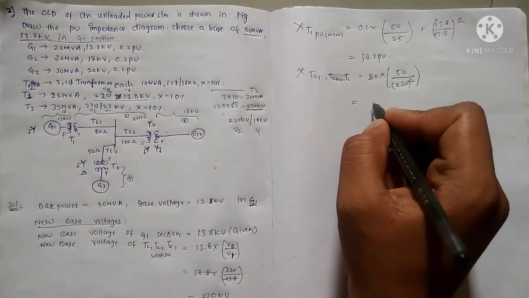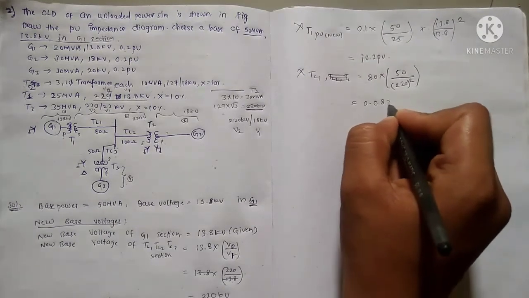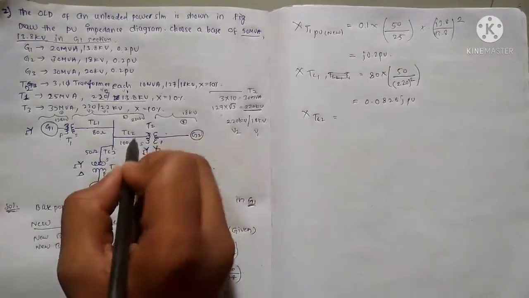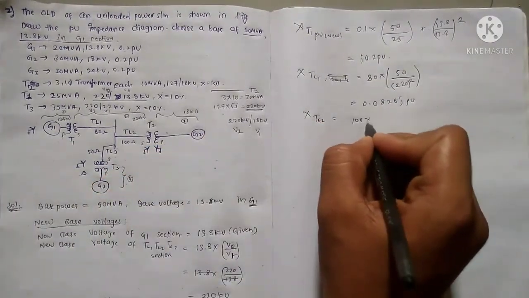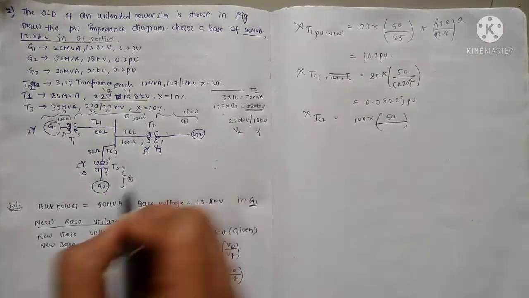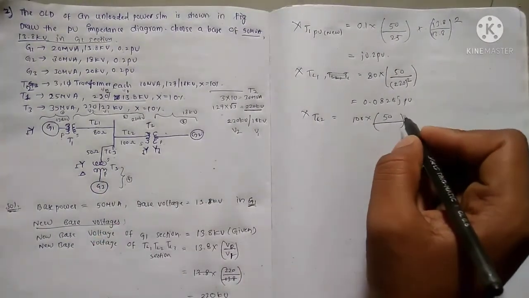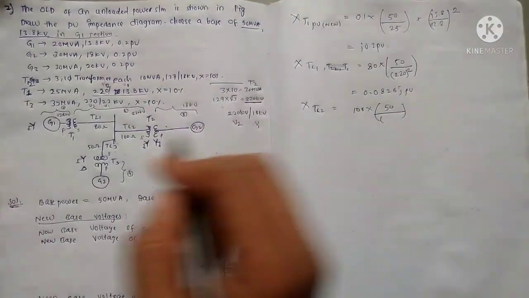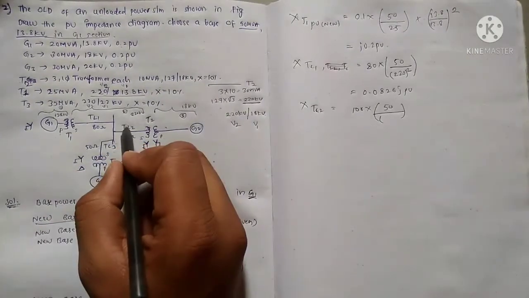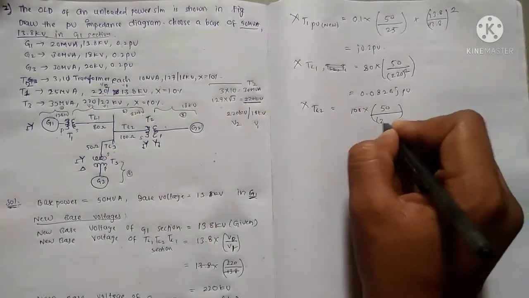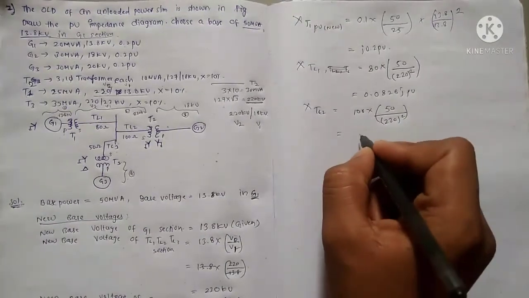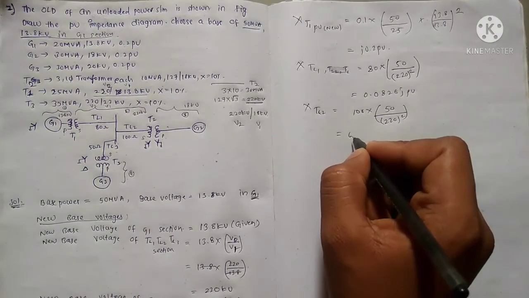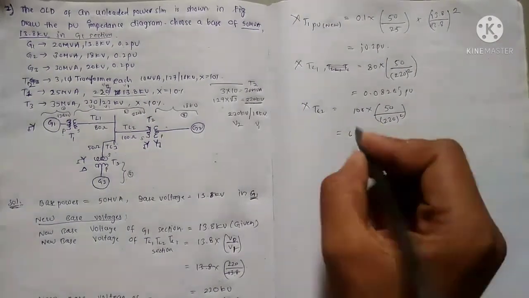This gives us 0.0826 j pu. And similarly XTL2 is given as 100 ohms multiplied by new base power, that remains same for everything, divided by voltage of TL2. Transmission line belongs to this section only, so therefore 220 whole square. This gives us the answer we get as